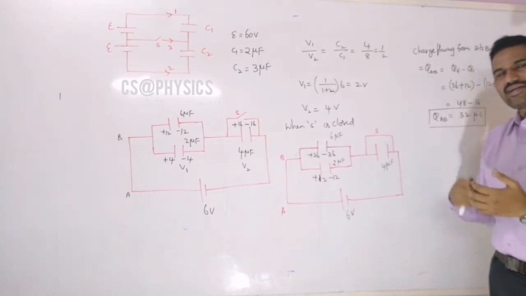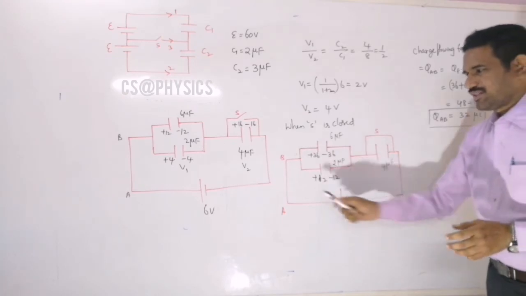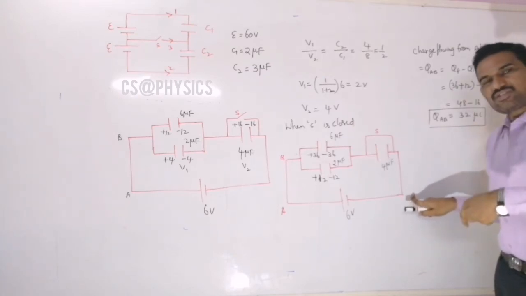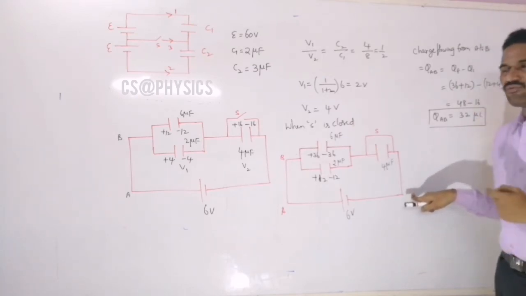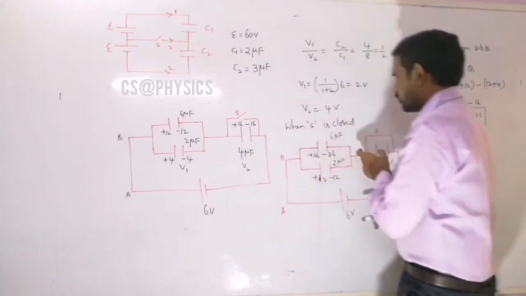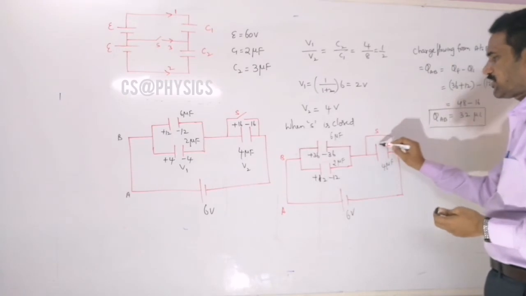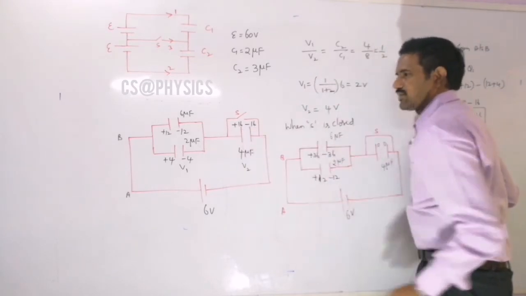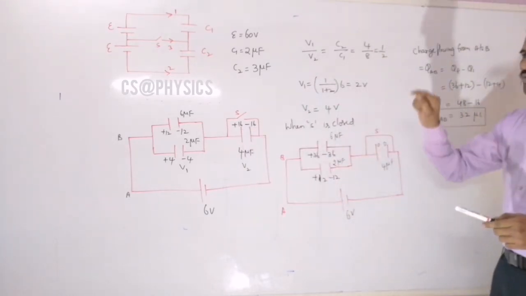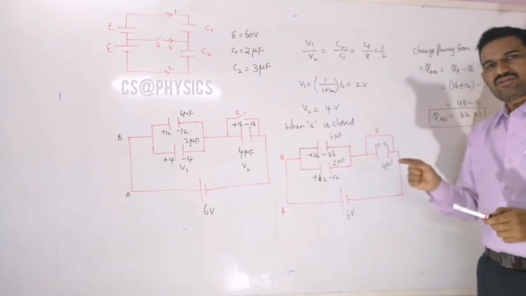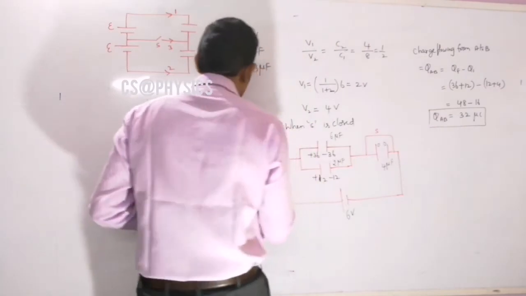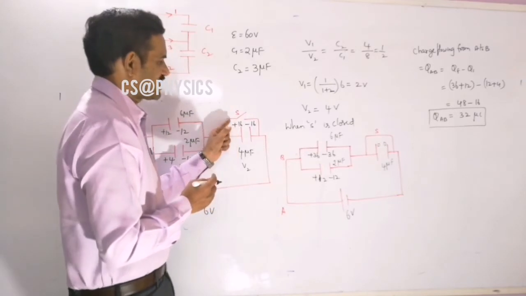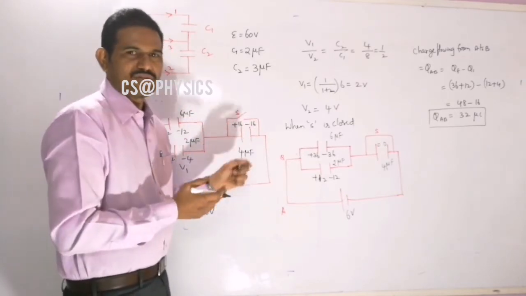How is that additional 16 microcoulombs of charge flowing here? So in this path from A to B it is 32 microcoulombs, and here also 32 microcoulombs only, but through the switch an additional 16 microcoulombs of charge should flow, because now observe the 4 microfarad capacitor initially and finally. The final charge on this 4 microfarad will be 0, right? But initially it is having 16 microcoulombs here, so the neutralization of that charge should take place. This charge should flow from this positive plate to the negative plate here. This positive 16 microcoulomb should flow in this direction, so that the charge on these plates will become 0.